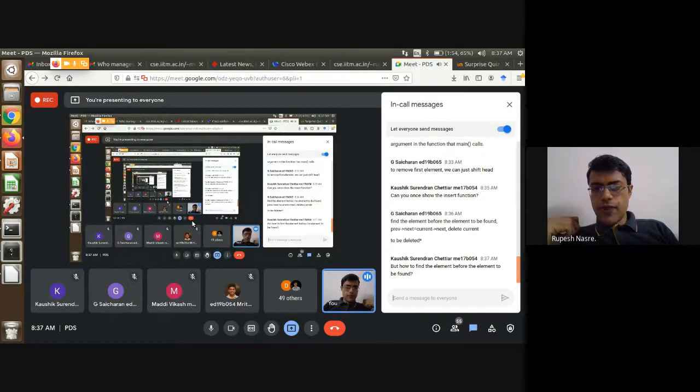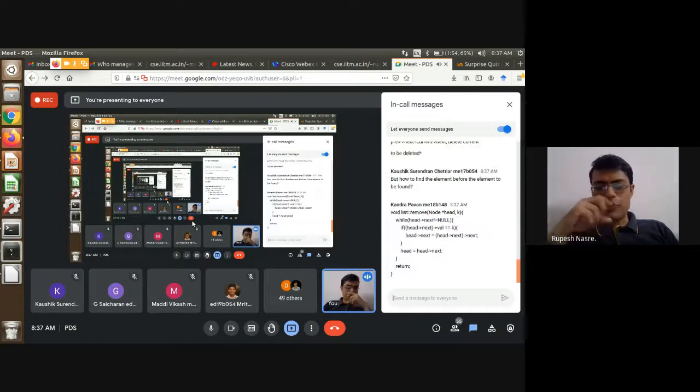Kaushik is asking, but how to find the element before the element to be found? Yes, we cannot find the element before the element because the list is going only in one direction. It's a one-way road. We cannot go back. Right? If you go back, the police will call you. So what that means is that somehow, if we have to go to the previous element, we have to keep track of that somewhere.